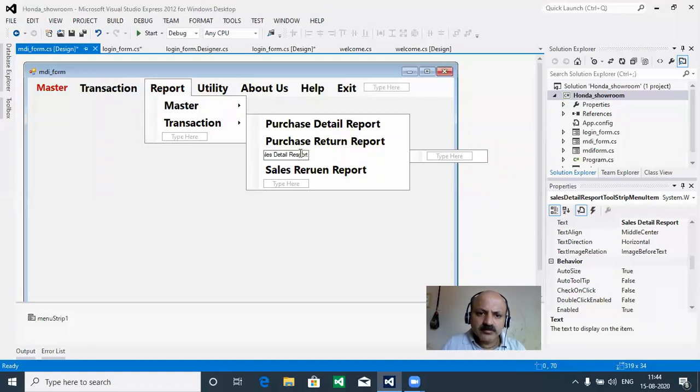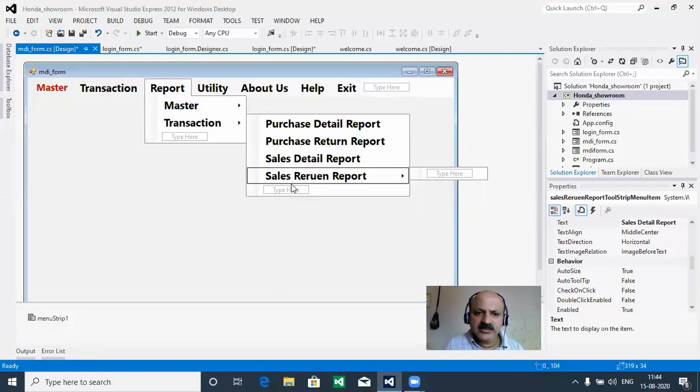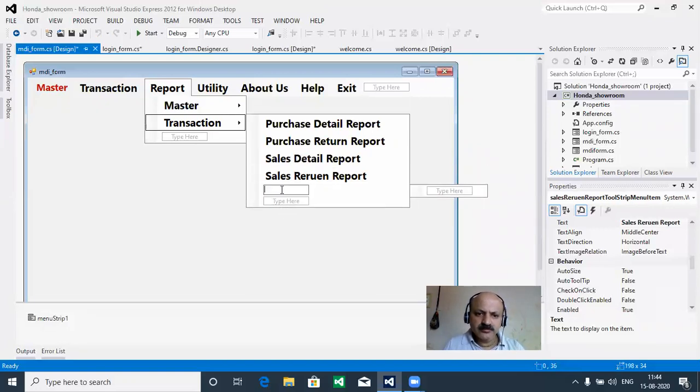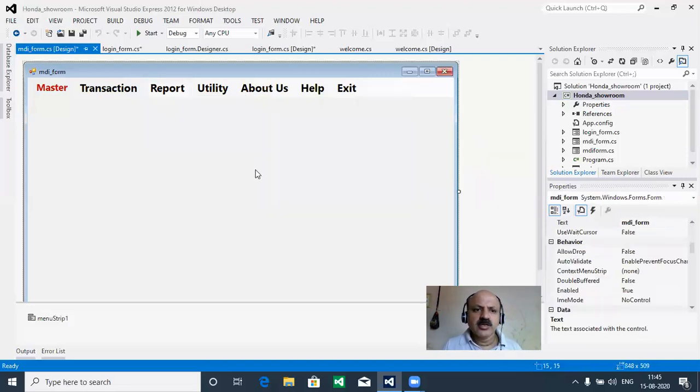So here S is not yet REPORT, yes, that is now okay. And last, we can say stock. So stock report, yes, okay. So that is ready.